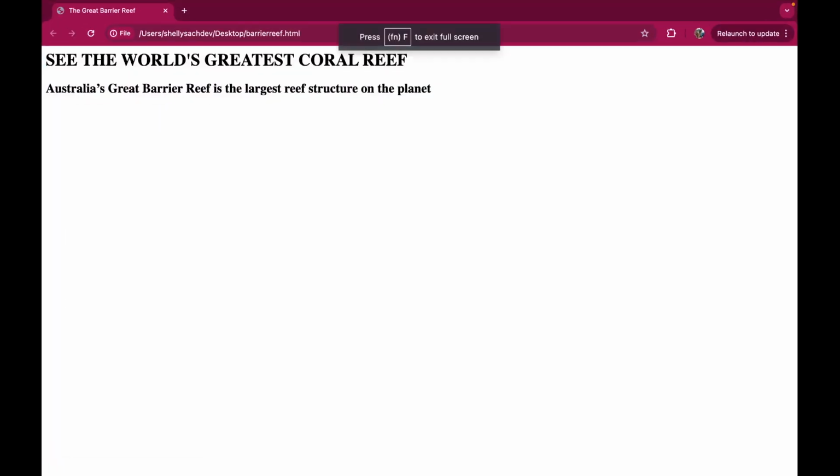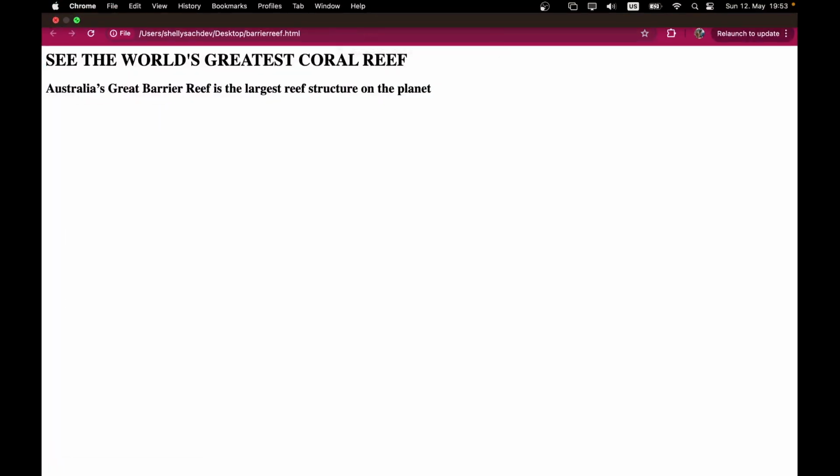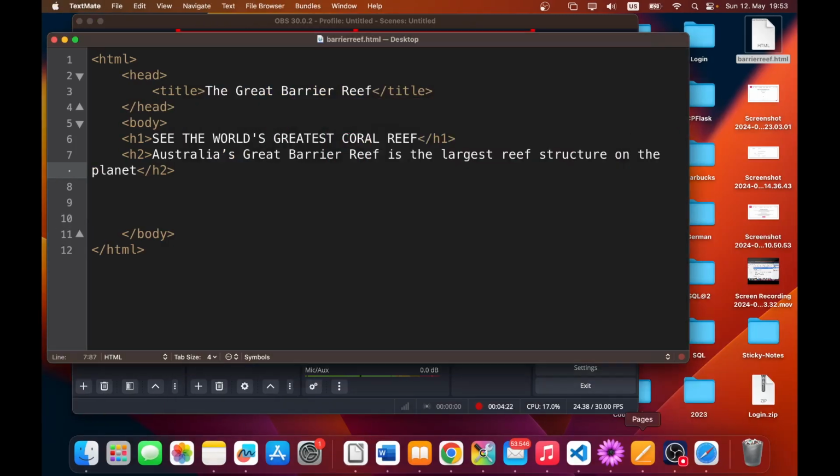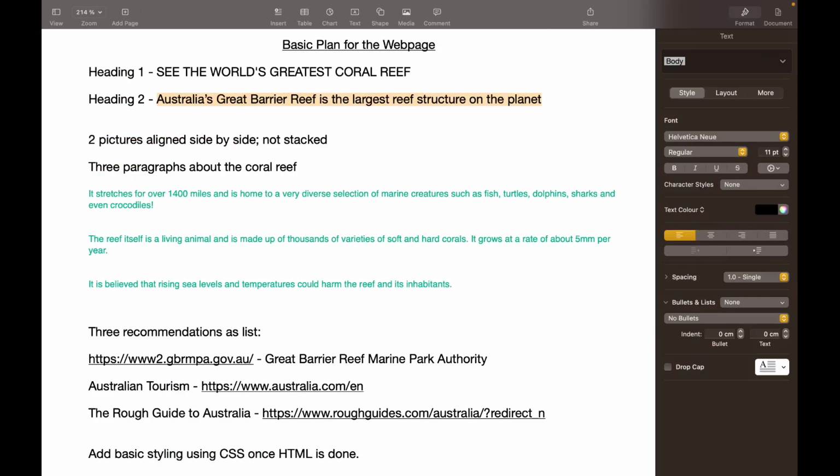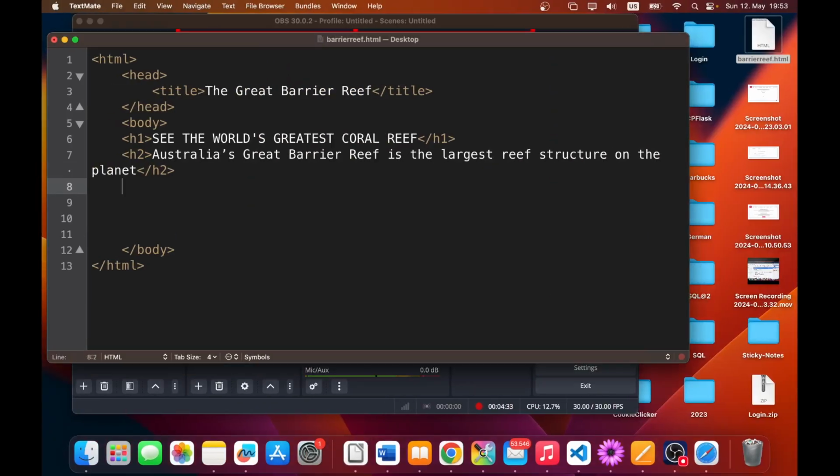Okay, the styling and everything, we will work on it later, right? If I go to my plan, my headings are done. Let me strike that through, and then I want to have two pictures below the headings. So for the images, I am going to have a tag called img src, which stands